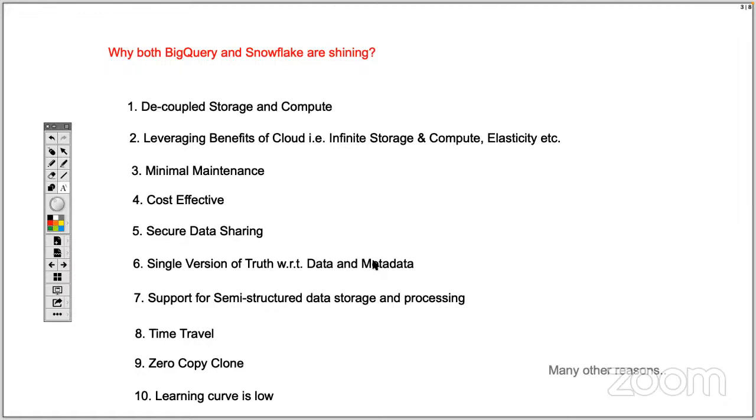Whenever data was stored in a traditional data warehouse, we had to update the statistics. If statistics were not updated, the query optimizer was not able to generate an optimized plan. That was the big problem. Now with Snowflake and BigQuery, the metadata is always up to date, so the query optimizer will be able to generate an optimized plan for your workloads, and the data is also at a centralized place. That means we have storage, and that storage is also centralized. So that is another beauty of having this data and metadata.